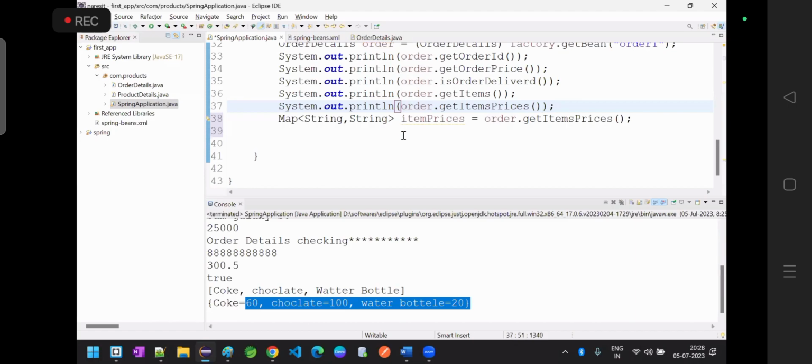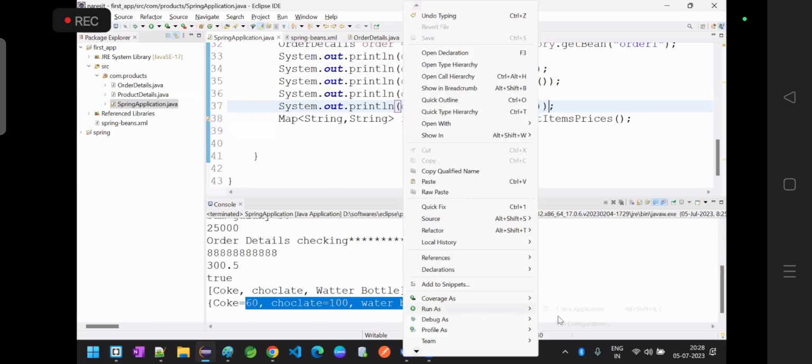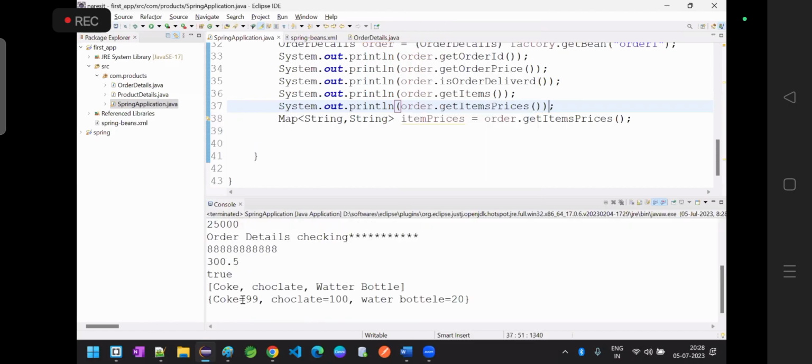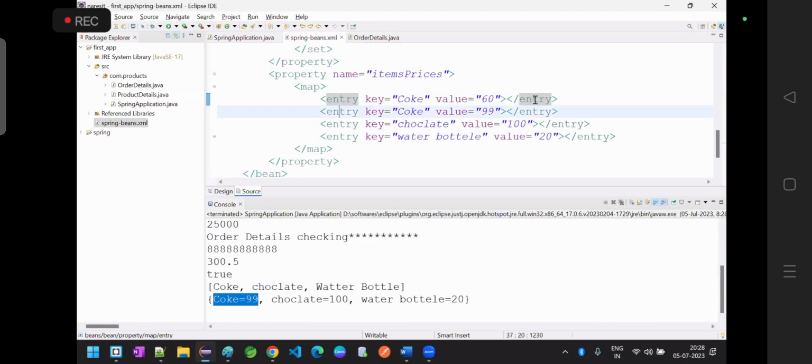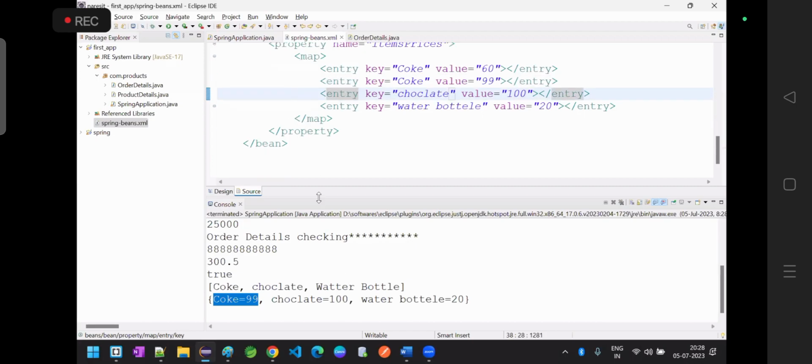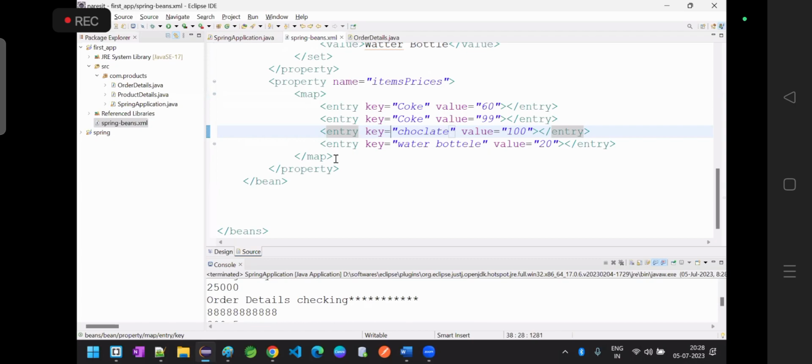Okay, so print it now. See how many keys it is maintaining. See here, you can see only Coke one time. It is missing the Coke equal to 60 value because first you stored Coke equal to 60 and then Coke value as 99. So the latest value will be taken by the hash map generally, right? The same behavior is displaying here as well. Okay, so with this we are done with how we are going to